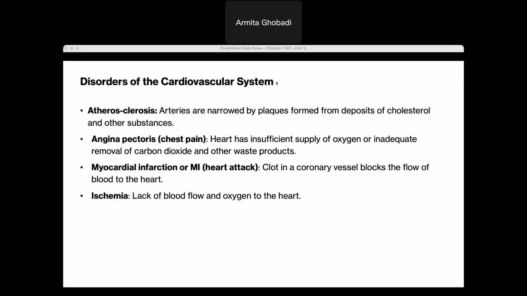So the third one is going to be heart attack, the most important one, or MI, myocardial infarction. It is literally a heart attack. I guess we are all familiar with that. So basically your heart muscle is damaged or dead because